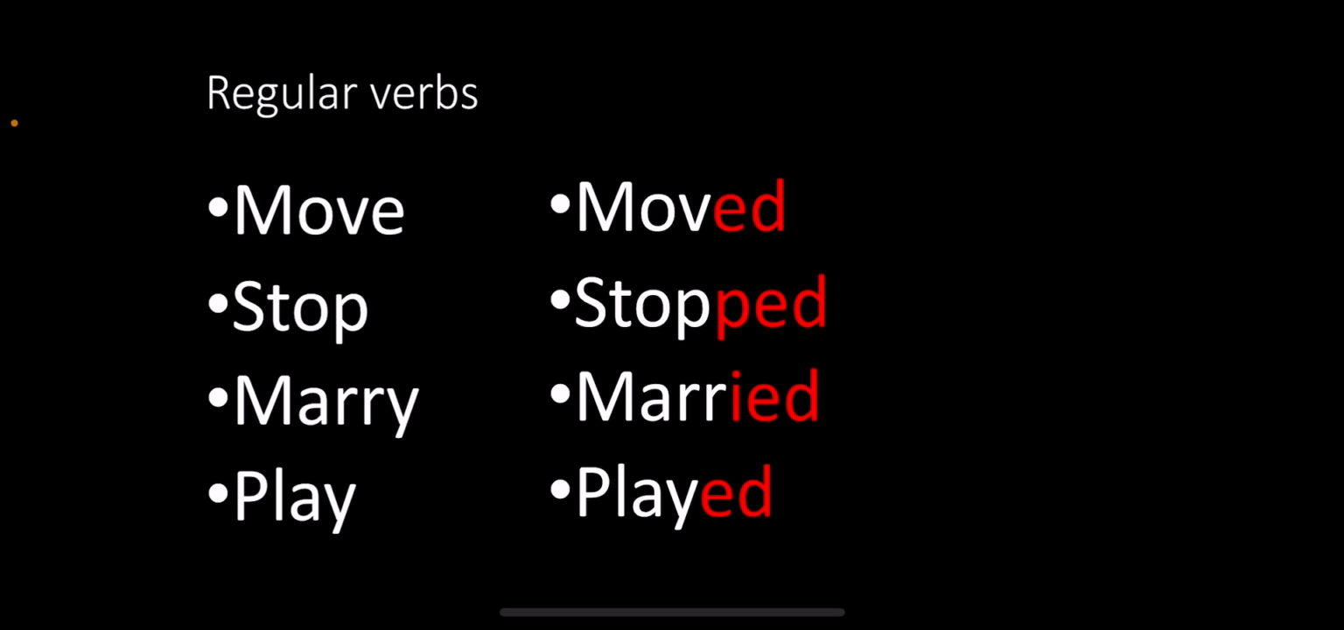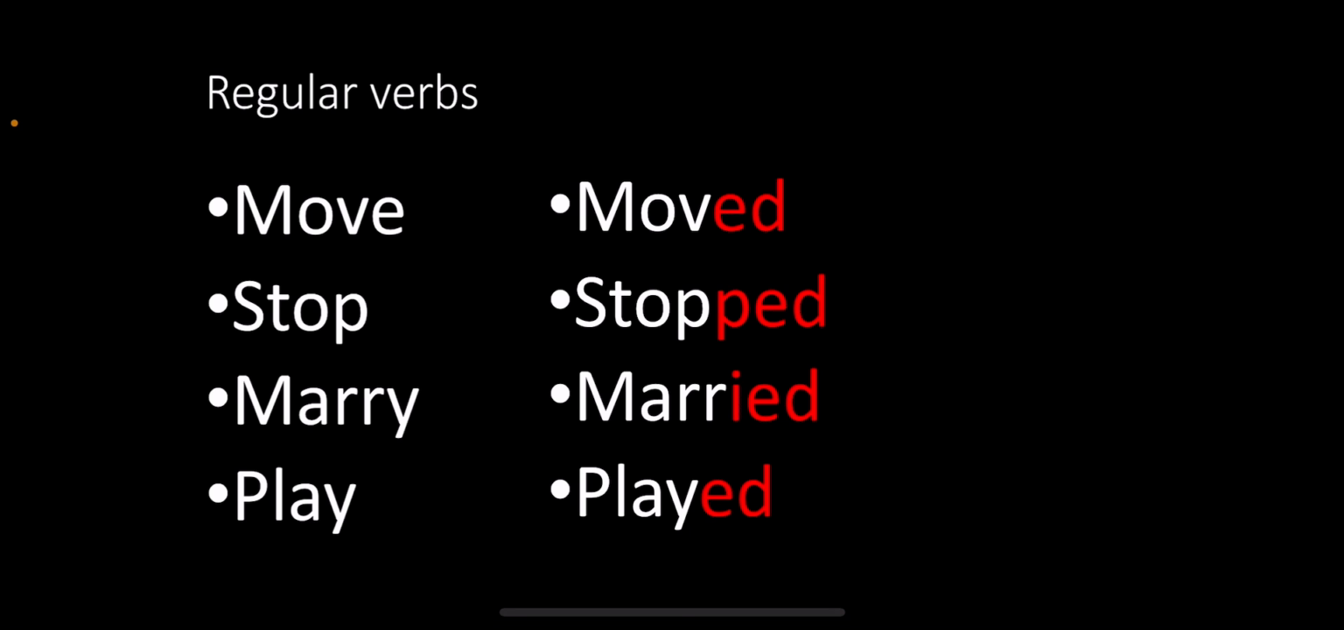So when the verb finishes in Y, but the previous letter is a vowel, we don't change. Marry finishes in Y, but the previous letter is a consonant, which is R. It's the same example with carry, with cry. For those verbs, they finish in Y, but the previous letter is a consonant, we change. If it's a vowel, we don't change. Just remember those rules. I know you remember them, but they are important when we are writing, especially verbs in